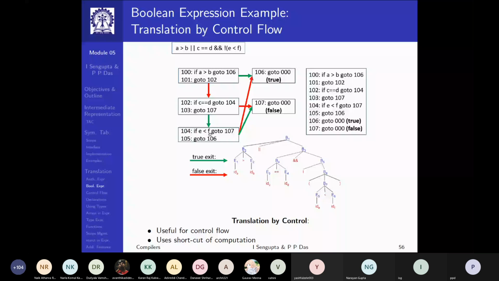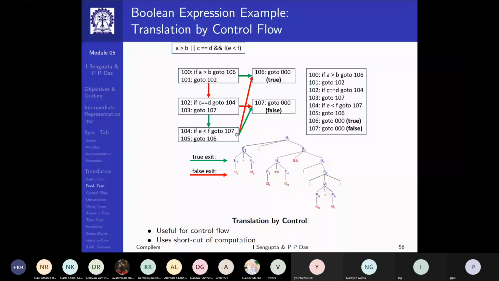Now, on E less than F, I have a negation. So I can just consider it in a flipped manner: if E less than F is true, then I go to the false exit because I have a negation on that. So instead of checking that negation, I can just flip my true exit and my false exit. If E less than F is true, I say that the result is false.